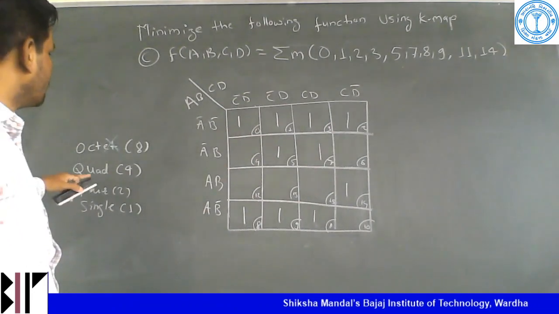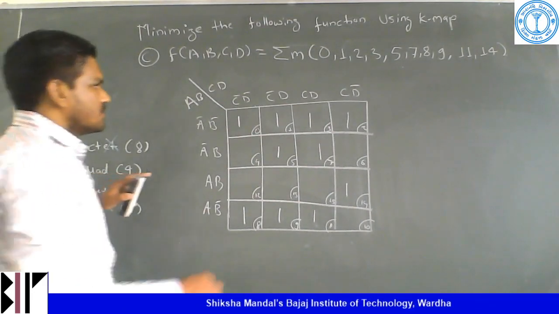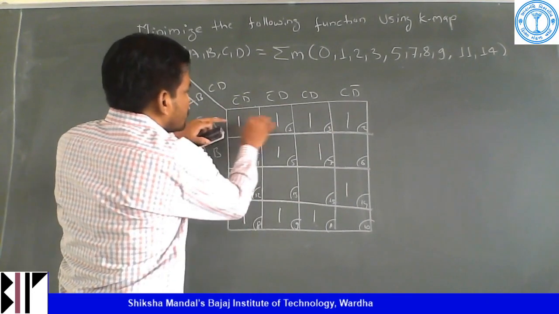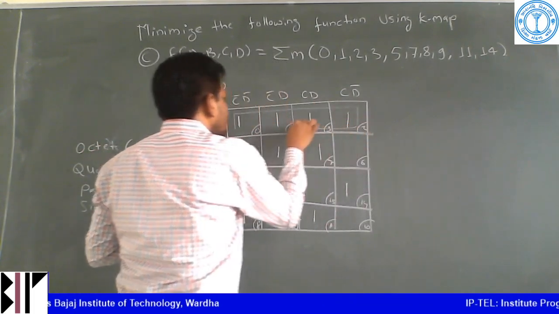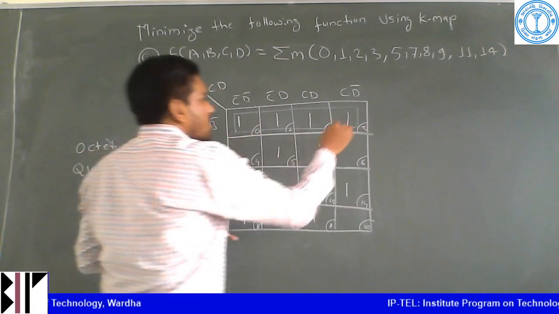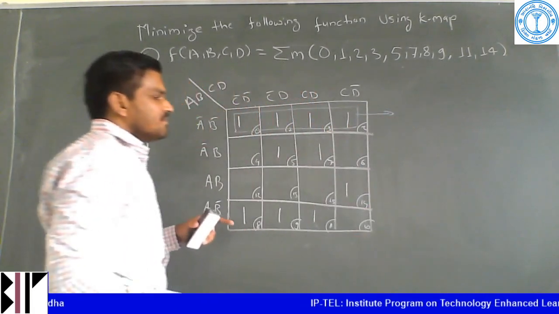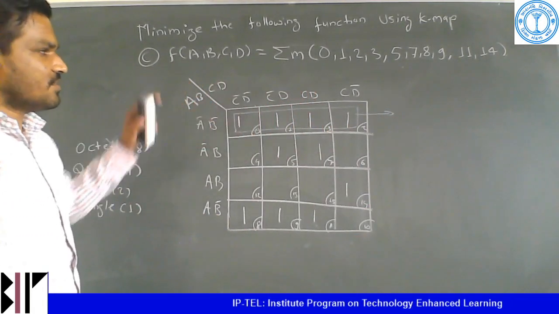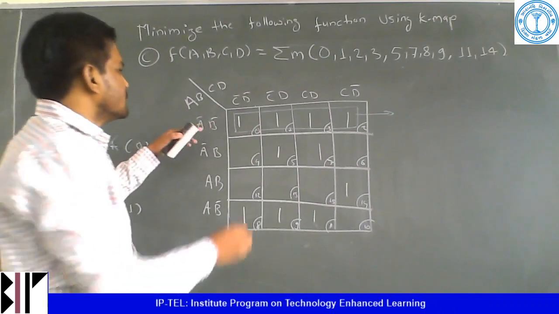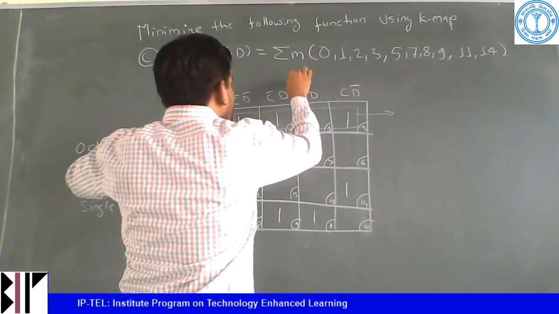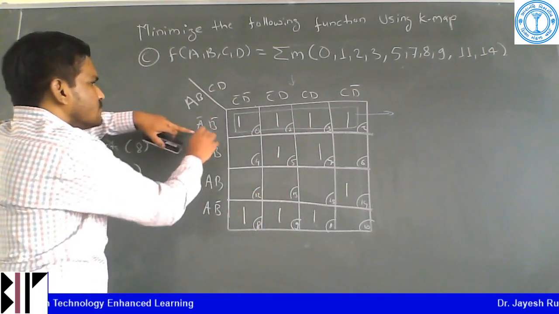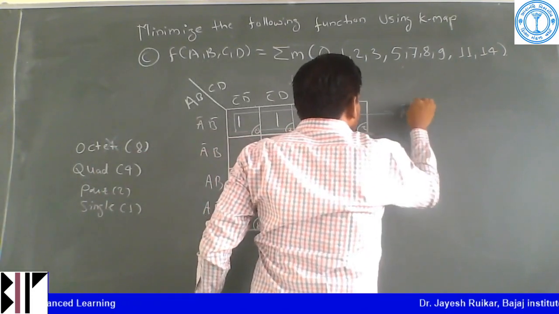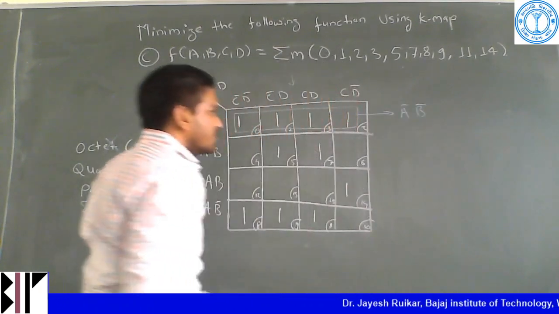So now grouping of 4 we can do. This is my first group, see, this 1, 1, 1, 1. This is my group 1. Now to simplify, I am writing the equation for these 4 ones. From the top side, all are cancelled as all are changing their states. So A bar B bar. Fine.